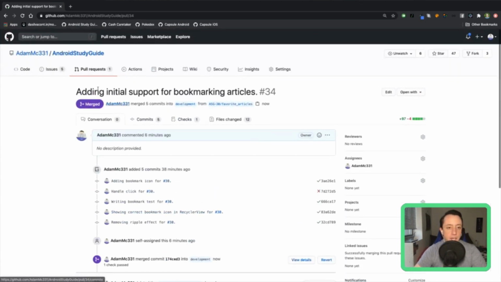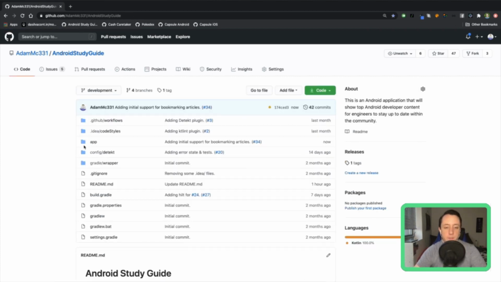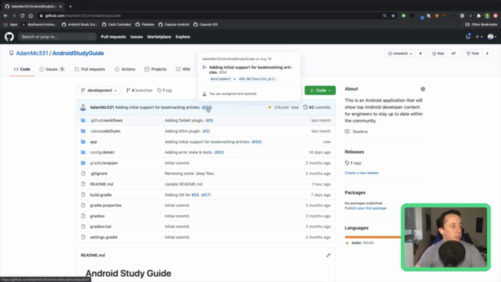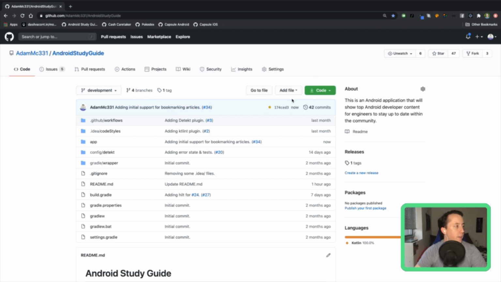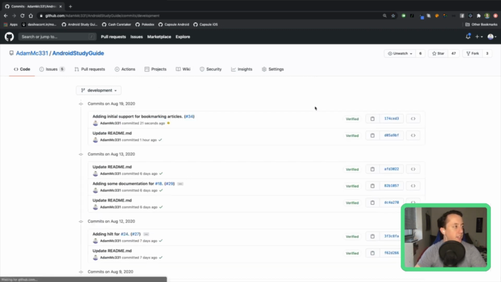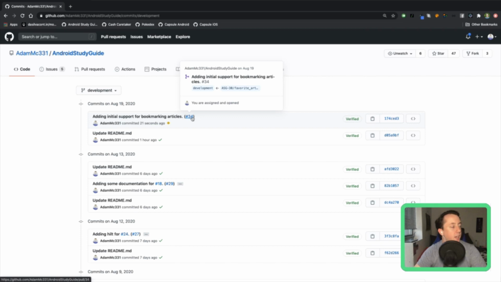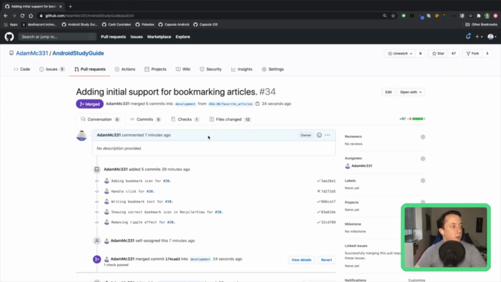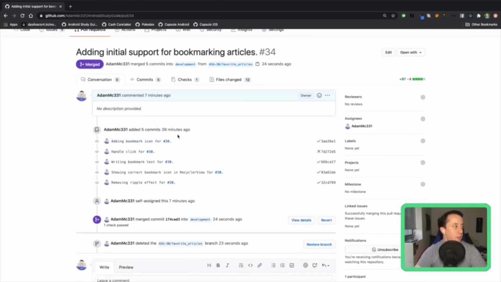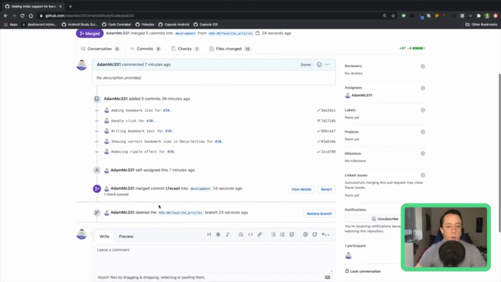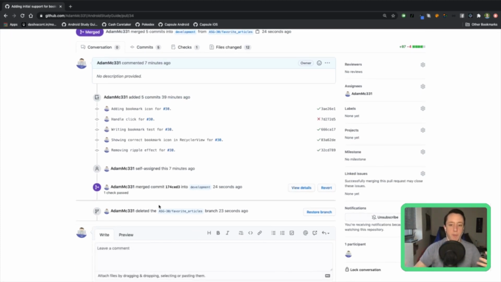And one thing you may or may not have caught in all of that is when you do the squash and merge in GitHub and it shrinks everything into one commit, it also puts the pull request number right there. So if I'm looking at my commit history and I see that this commit was made, I can also see the pull request, which shows me the files changed, like the diff for that one commit, but it also shows me all those initial commits, and if there's code review or back and forth on the pull request, I'll be able to get to that.